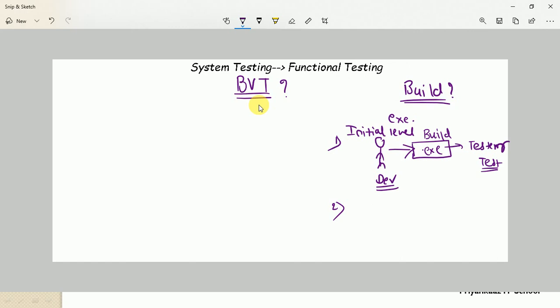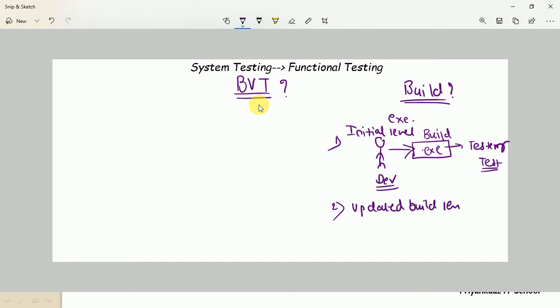So whenever your build gets updated with some kind of minor changes, that is the updated level build. The second level is whenever that build gets updated with some changes, the developer fixes those changes, corrects those requirements, and then that updated build again gets released to the tester for testing purposes. That we call the updated build level.